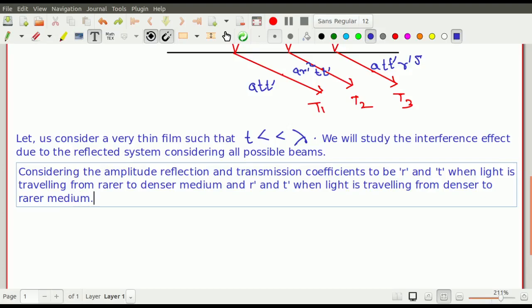Okay, considering the amplitude reflection and transmission coefficient to be r and t when light is traveling from rarer to denser, and r dash and t dash when light is traveling from denser to rarer medium, we have shown